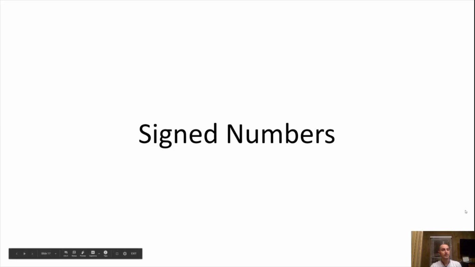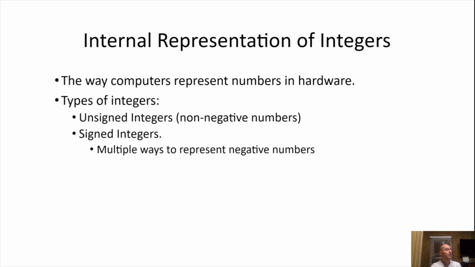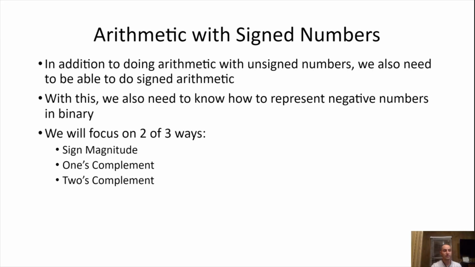Okay, let's look at signed numbers now. So far, all the examples that we were looking at were only positive numbers, or unsigned numbers. So obviously we need to have some negative numbers also, and there are different ways that they could be represented